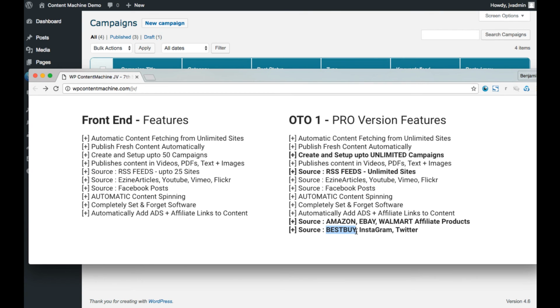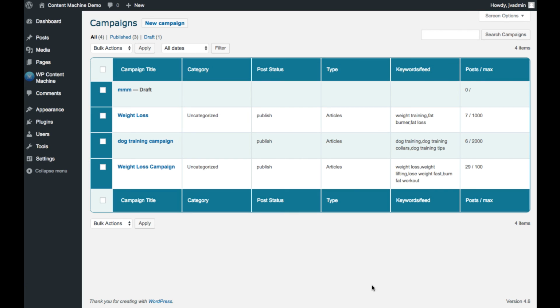I don't know anyone who's sourcing product from Best Buy and getting the content, but you can. Also Instagram and Twitter, which is definitely interesting. And you can have unlimited RSS feeds and unlimited campaigns for your site. You can even set this up for a business that's trying to get some blogging done but doesn't have a team and can't afford to have you write articles for them. So that's another thing as well.